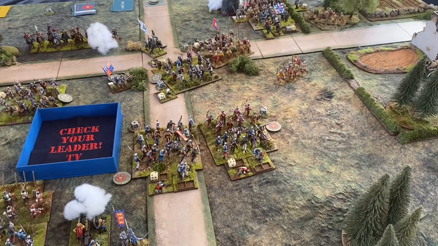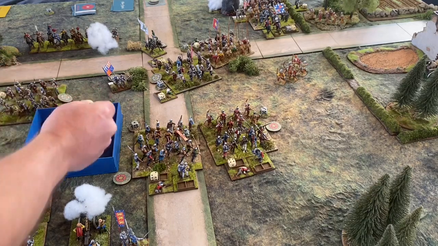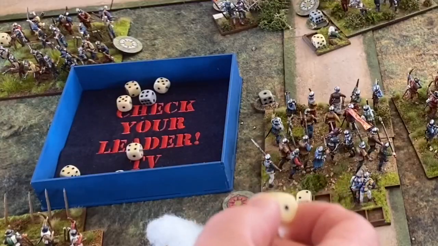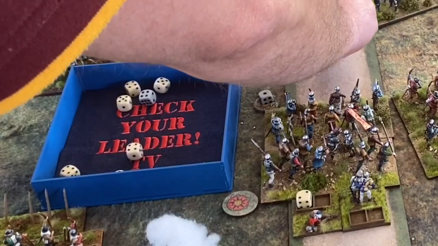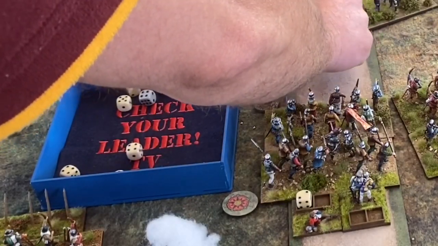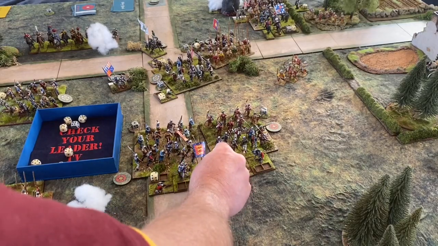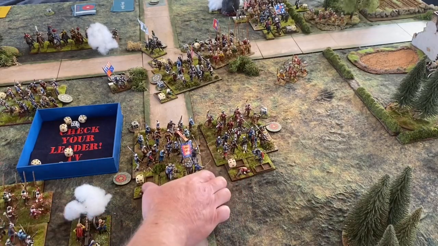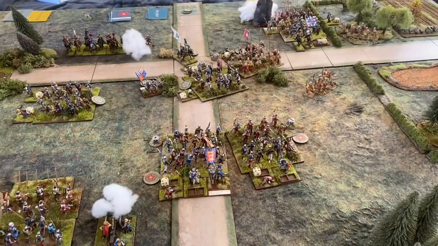And they will save on 4 plus. Wow, they saved all but 1. All but 1. So it takes them up to 4 casualties. Okay. That's Exeter. Oh, Exeter is now, because he's attached to these guys. Okay, so the next card out is